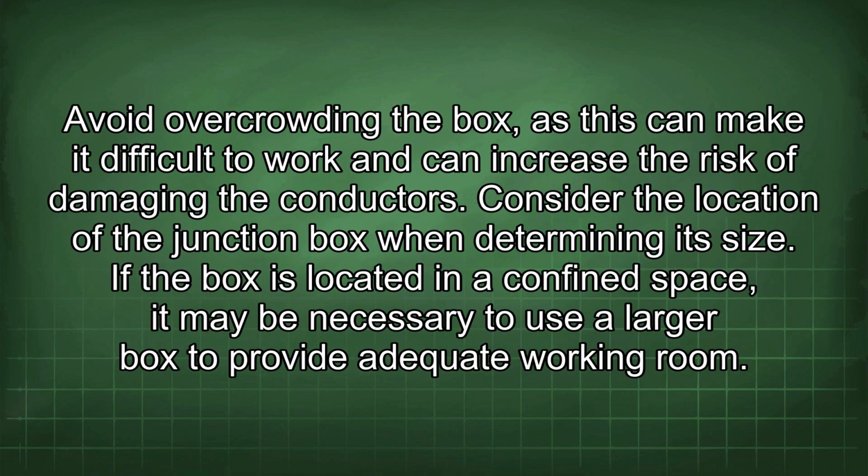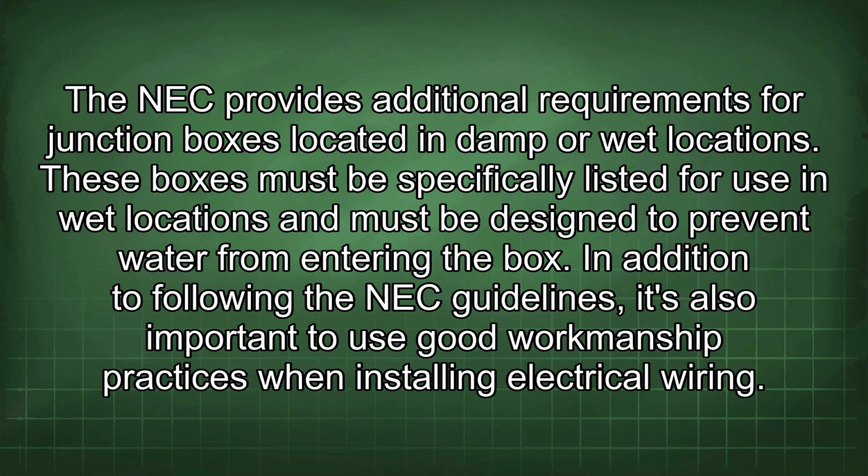Avoid overcrowding the box, as this can make it difficult to work and can increase the risk of damaging the conductors. Consider the location of the junction box when determining its size. If the box is located in a confined space, it may be necessary to use a larger box to provide adequate working room. The NEC provides additional requirements for junction boxes located in damp or wet locations. These boxes must be specifically listed for use in wet locations and must be designed to prevent water from entering